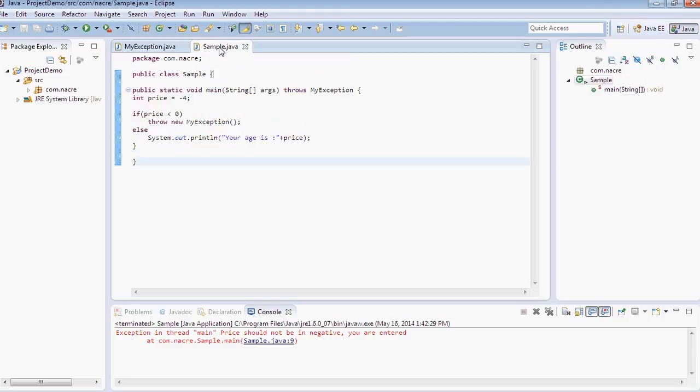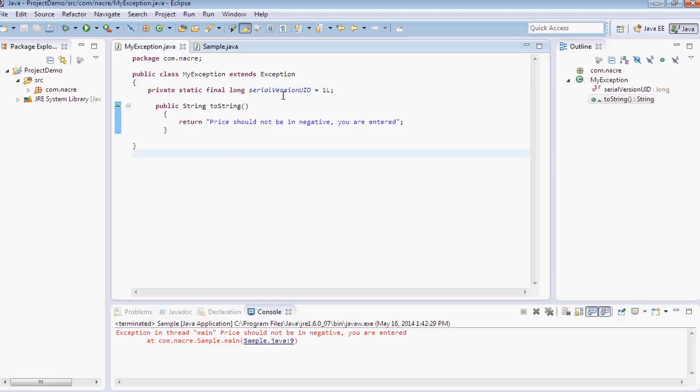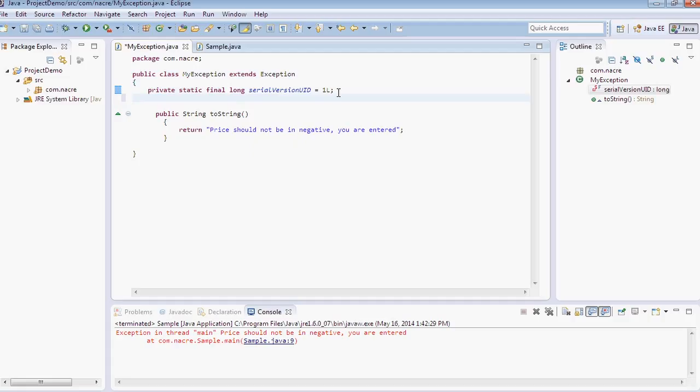Second thing, if you want to modify the system generated message, or if you want to give a dynamic message, at that time you can go for super. So for that you have to define a constructor that is going to take a string as a parameter.